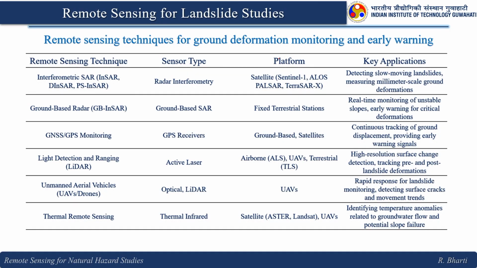So, this is a concise information about the remote sensing techniques and the sensor type, platform and the key application. So here you can see the interferometric SAR. So this is basically radar interferometry. There are different sensors which are available from space, and it is good for detecting slow moving landslide, measuring millimeter